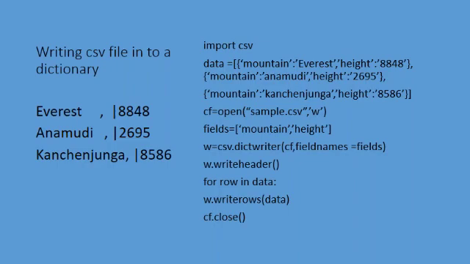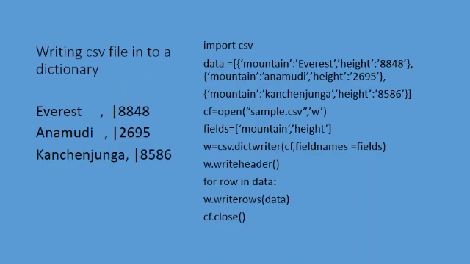Next, I am giving another variable called fields to specify the field names, the headings. So fields equal to mountain, height. These are the two field names I have given, stored in fields. Next I am going to write. So w equal to, here we are using the dictionary writer. Previously we used the plain writer, but here I am going to write into a dictionary. So csv.DictWriter: which file are you going to write? The CF file. And where are the fields? The name of the variable, fields. I am assigning fieldnames equal to fields.